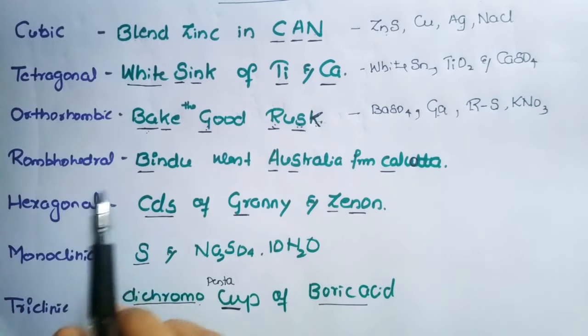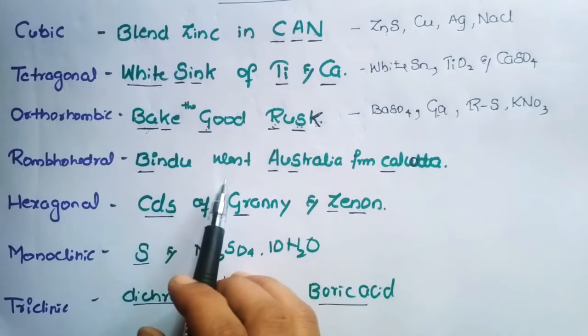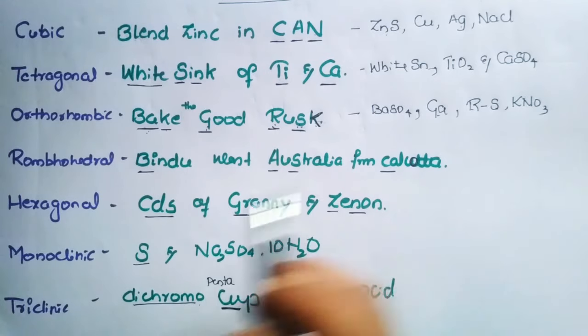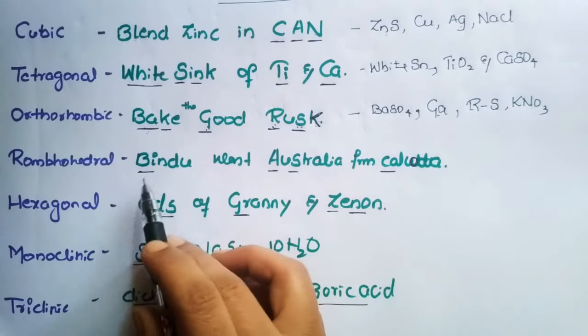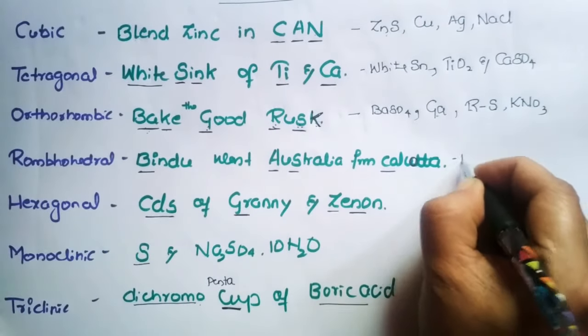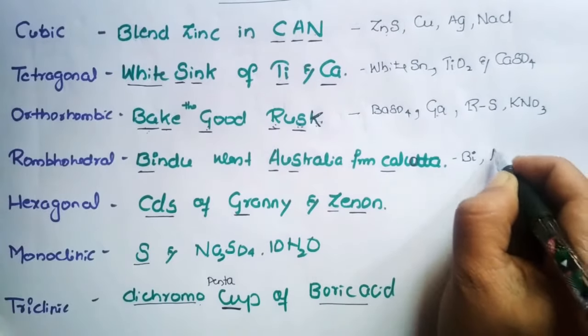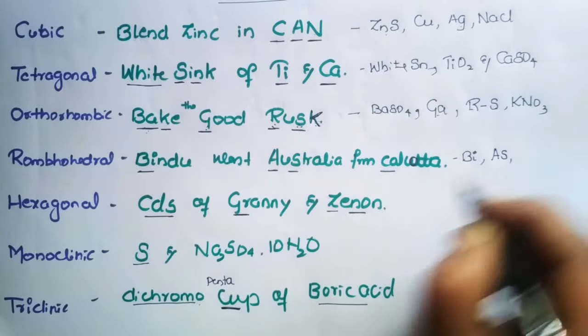Rhombohedral examples can be memorized as "Bindu went Australia from Calcutta." Okay, Bindu went Australia from Calcutta. So Bindu, Bi means it is bismuth. Australia means I am taking As, that is arsenic. And here